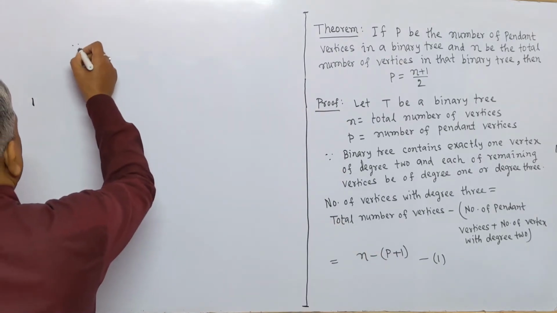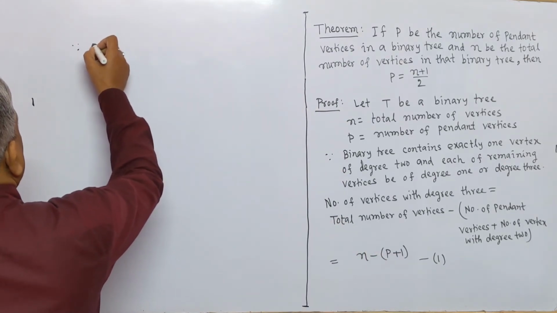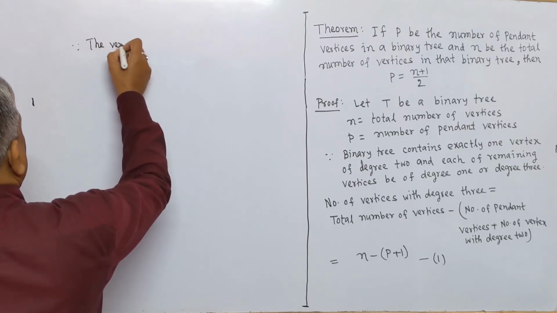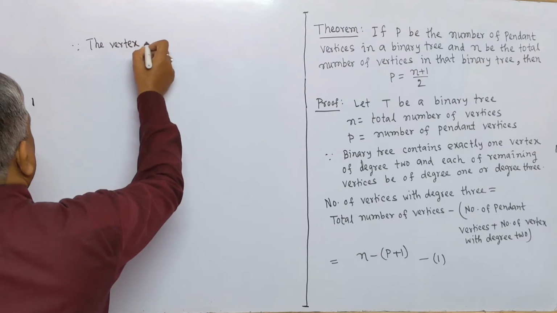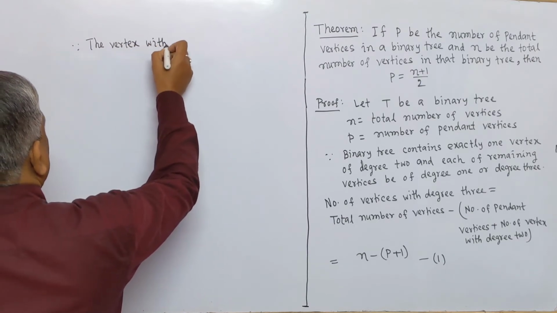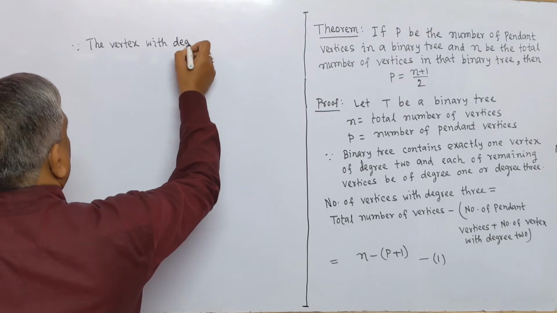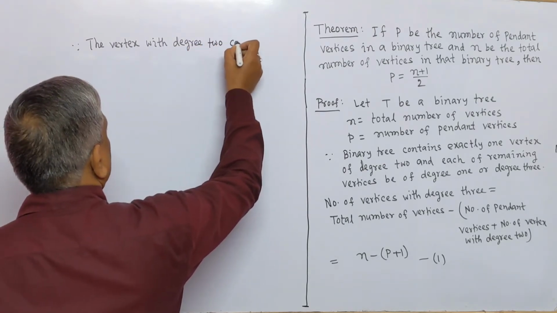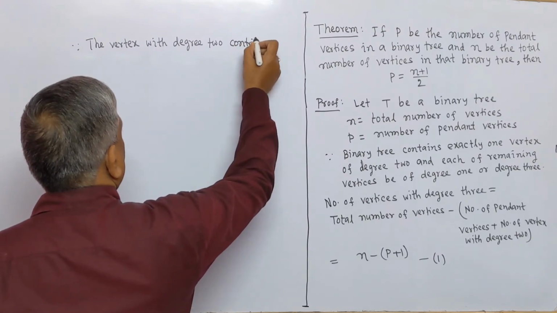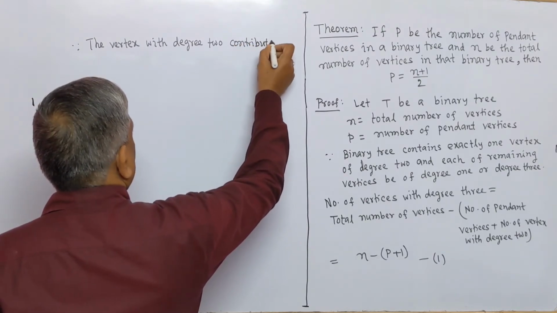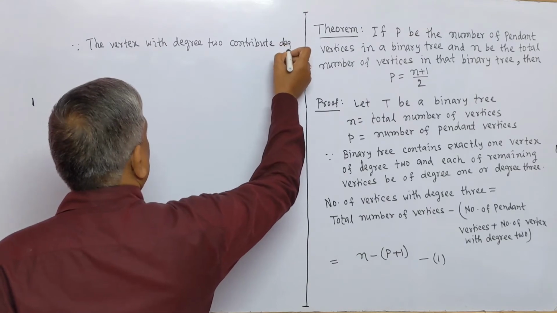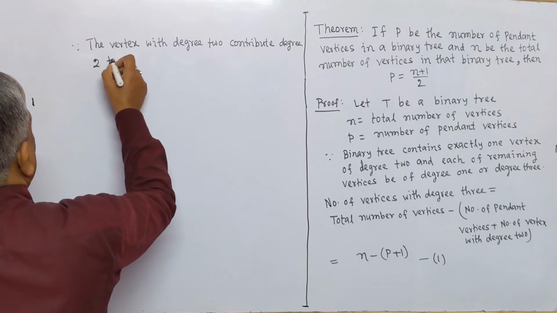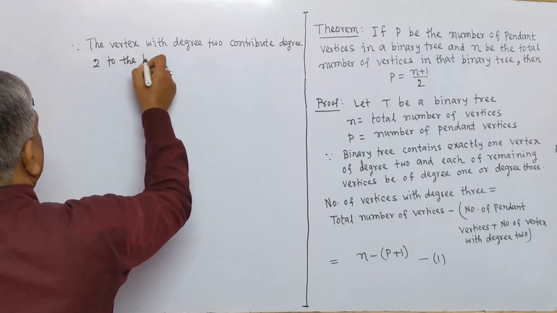Since the vertex with degree 2 contributes degree 2 to the binary tree,